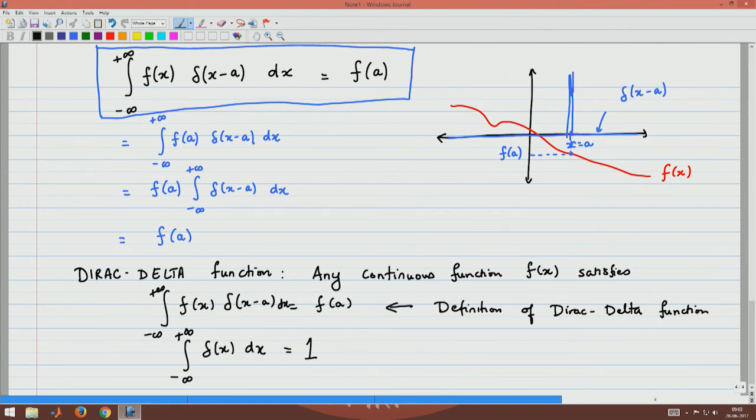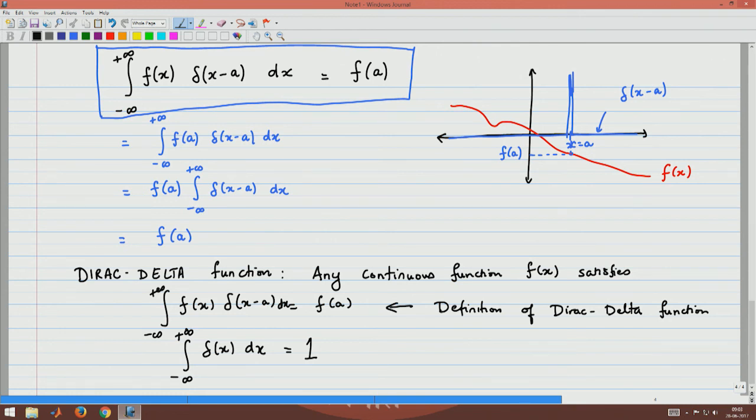Okay. So a Dirac delta function is essentially always defined only under the integral. This is a function that is only defined under the integral. You don't write Dirac delta functions without the integral. So if you ask what is the value at x equal to a of the Dirac delta function, you cannot say it. Okay. But it is perfectly well defined